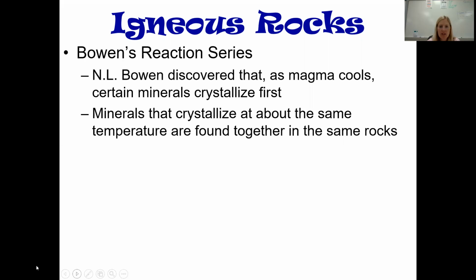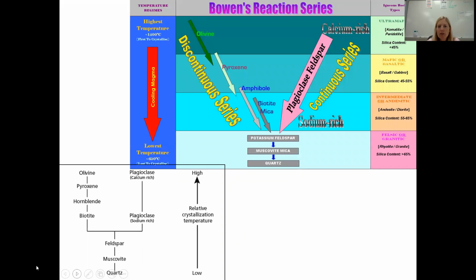So he also found that if you have minerals crystallizing at about the same temperature, they're going to be found together in those rocks because they came from the same magma. So we have some pictures here. So it's a little complicated, but we basically see that there are